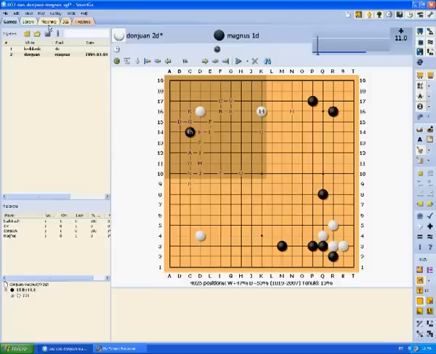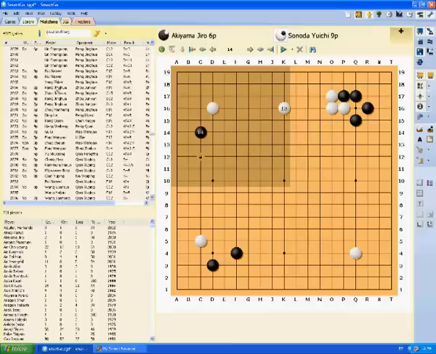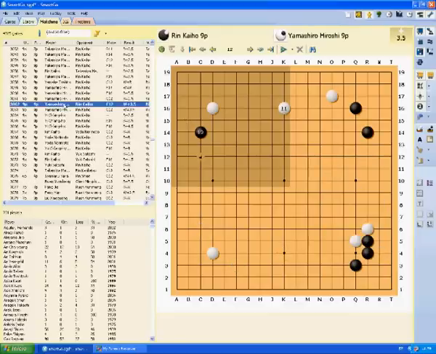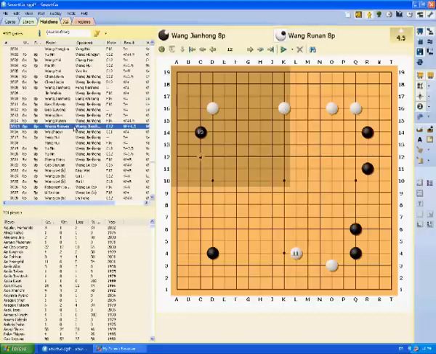We go to the matching. We can see here that you can match from the huge collection. We can see there are 4,825 games with this position. We can see all the list of games. Each game is rotated and swapped if necessary to fit your requirements, and you can see the continuations or replay the game.